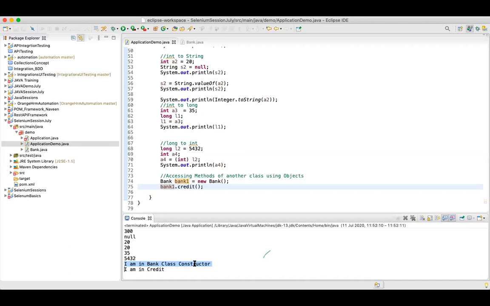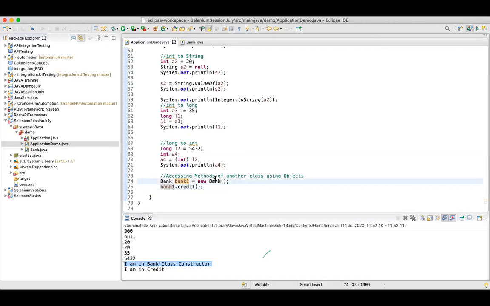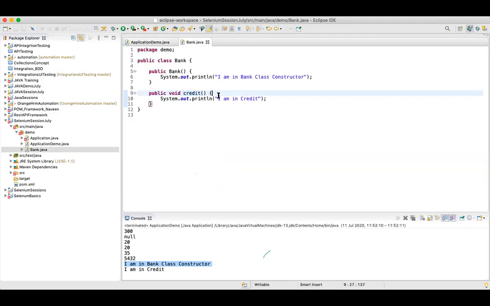And why do you need this? Because let's say you want to initialize a few variables. Your variables should be initialized whenever an object of this Bank is created.